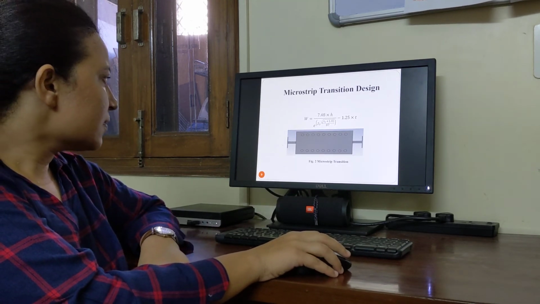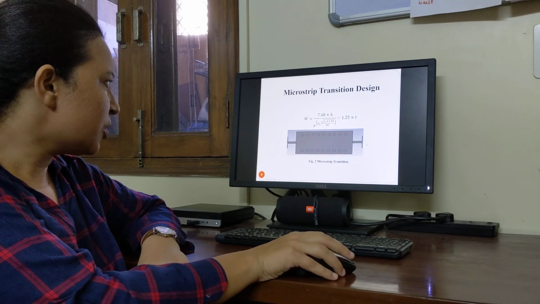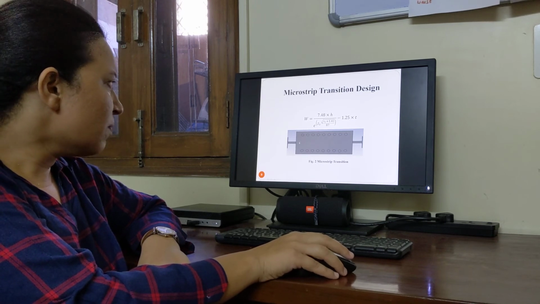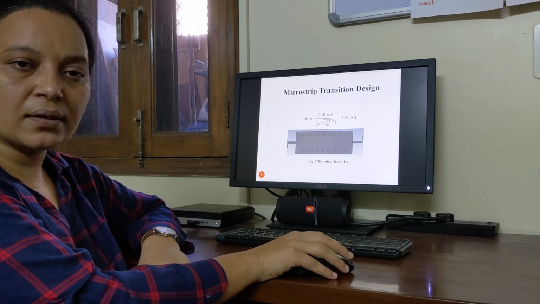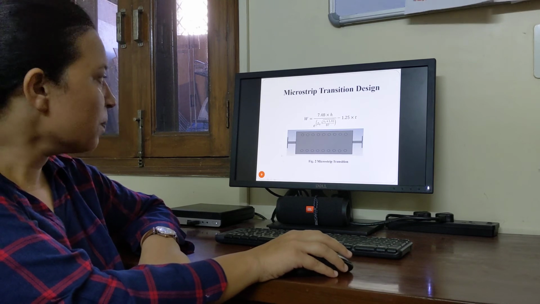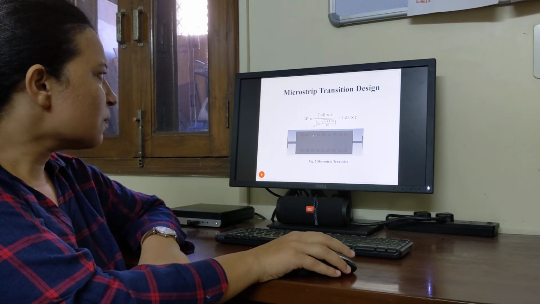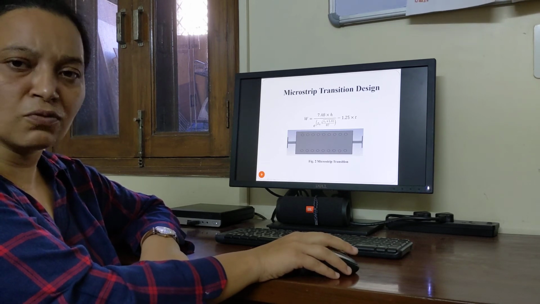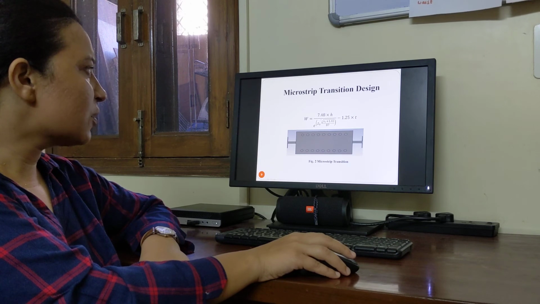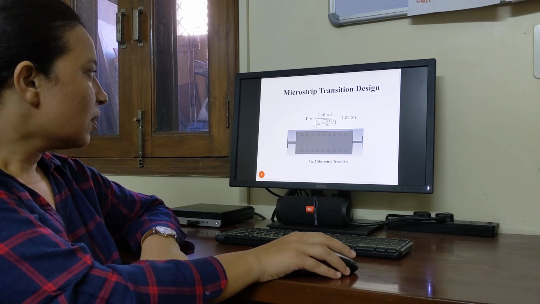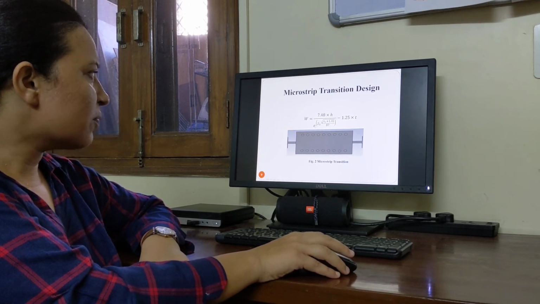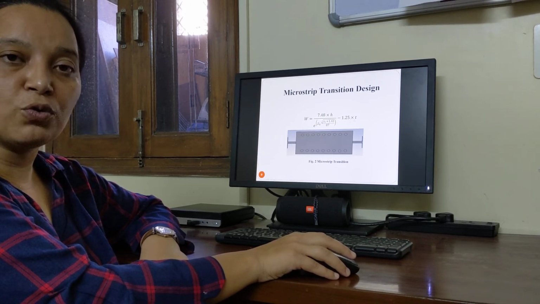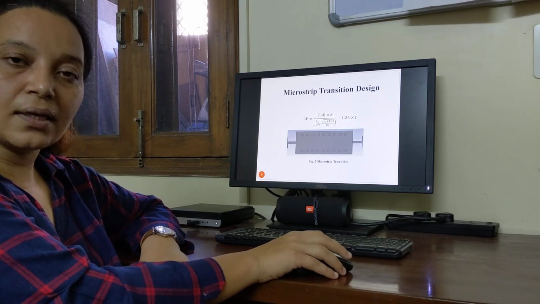Now this is the microstrip transition structure to substrate integrated waveguide. The characteristic impedance of the line should be 50 ohm, and the width of this microstrip structure is designed by the given formula. The formula for designing the width of the microstrip line is W is equal to 7.48 into H divided by e raised to the power Z naught root epsilon r plus 1.41 by 87, minus 1.25 into T. T is the thickness of metal.